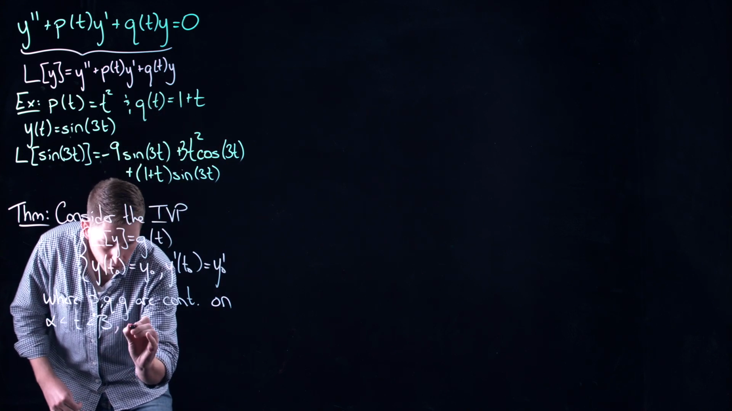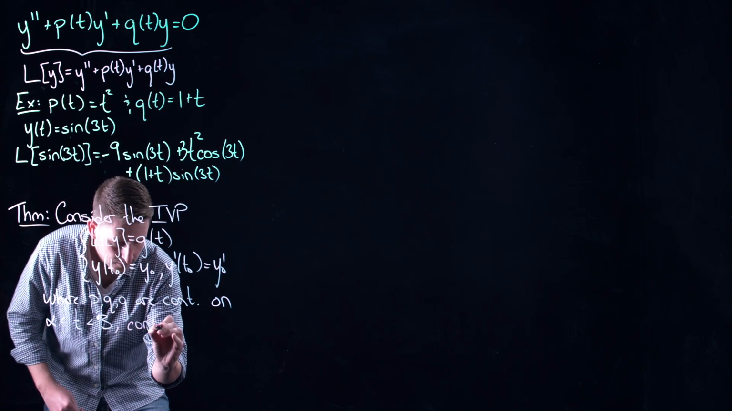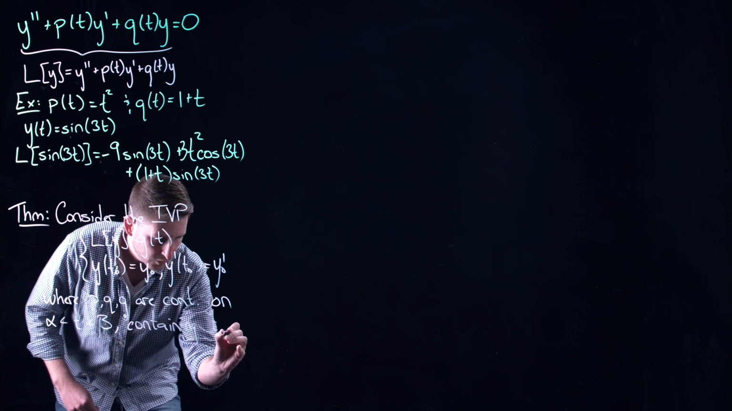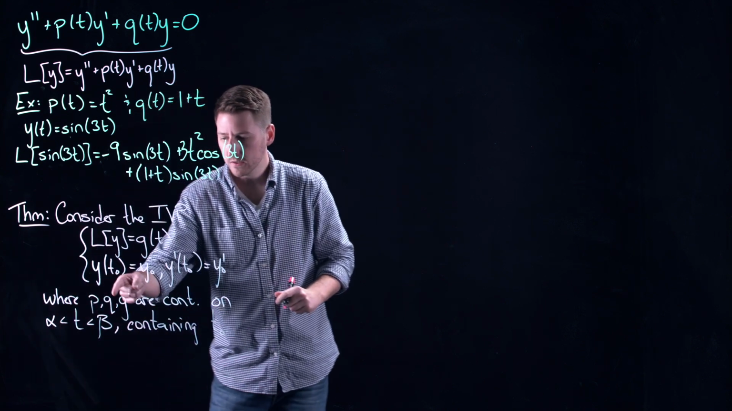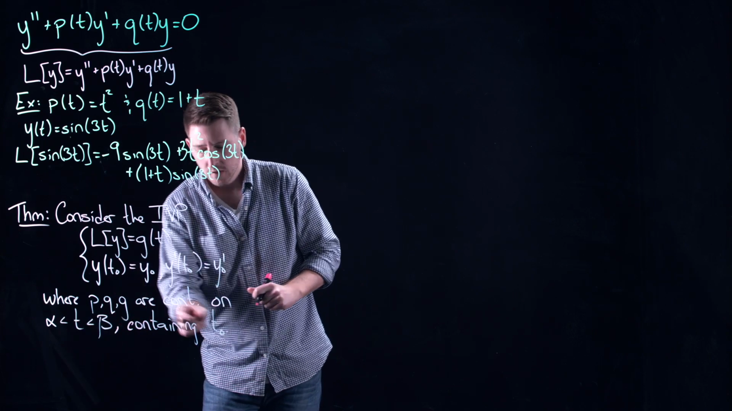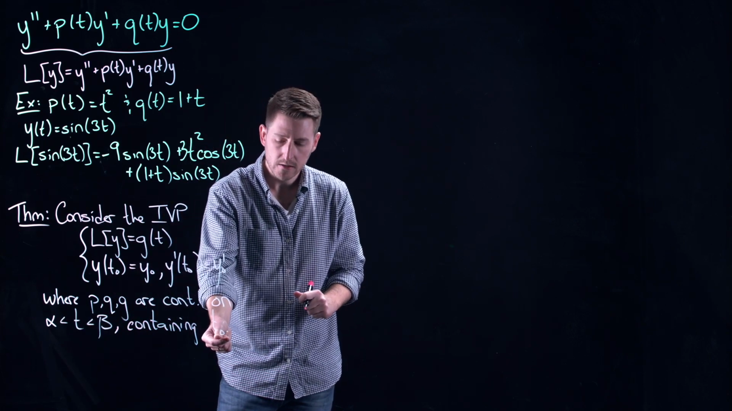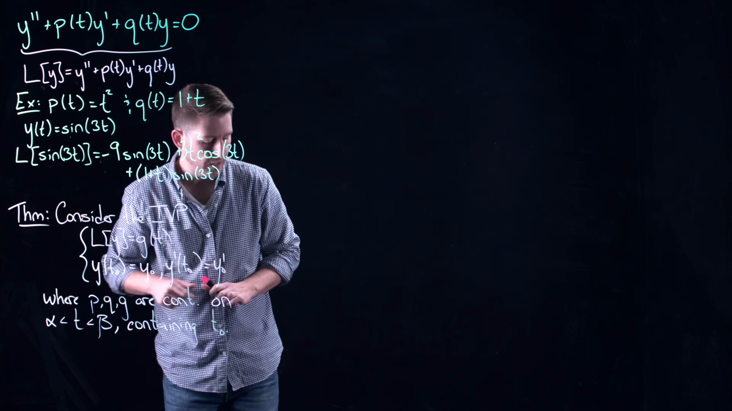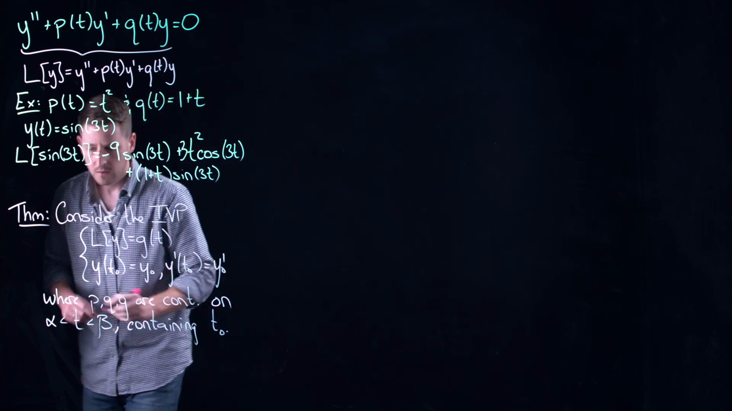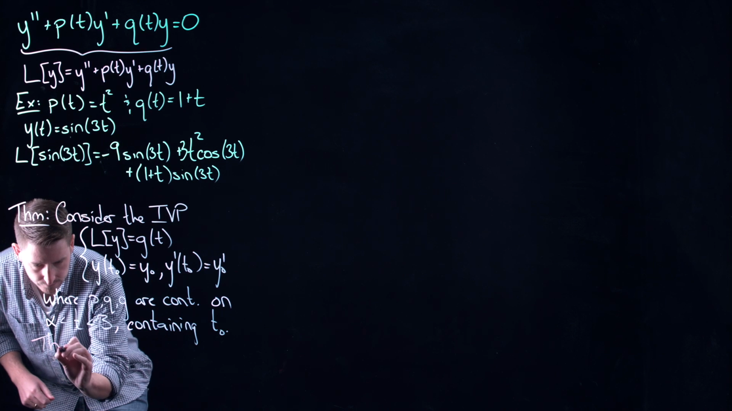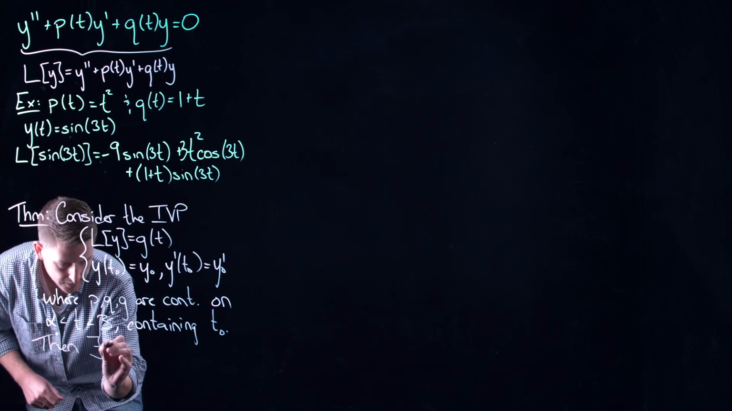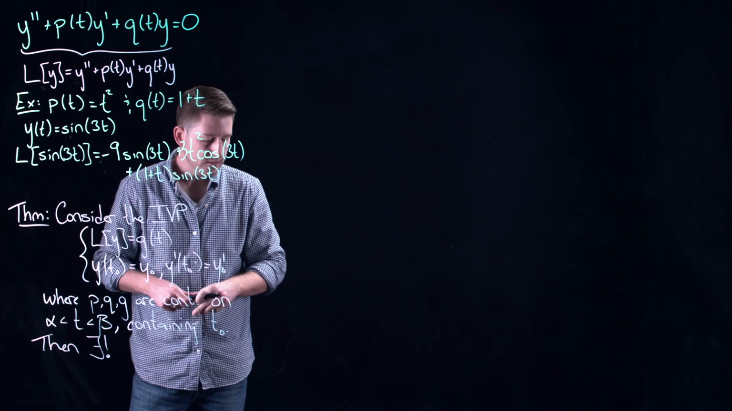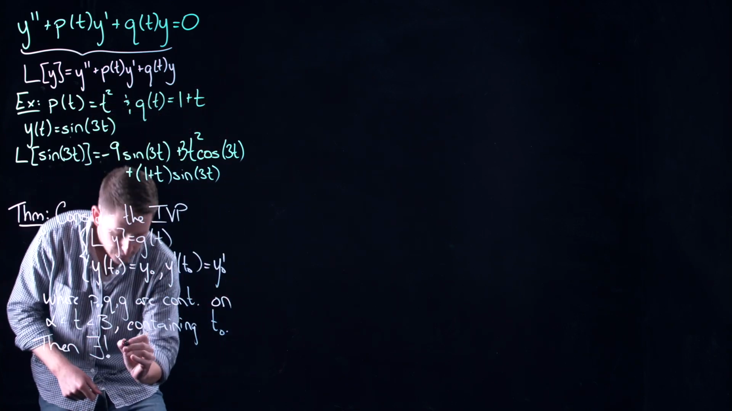And of course, this has to contain t naught, right? So we look for the largest interval of continuity where P, Q, and G are all continuous to the left and to the right of the value t naught. And we need that because this is where we have our initial condition. Well, then we know that there exists a unique, right? So that's what that exclamation mark here says. There exists a unique solution